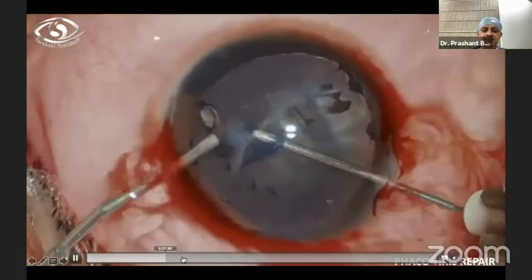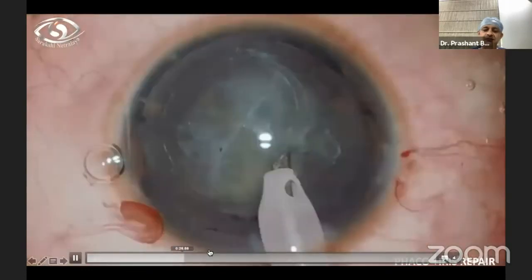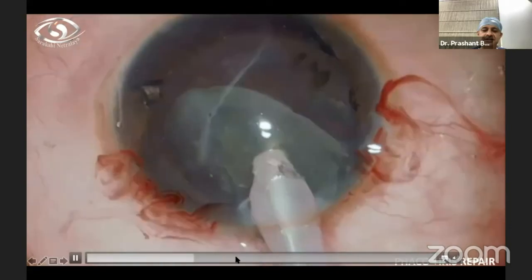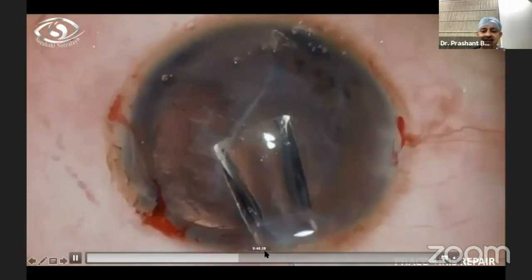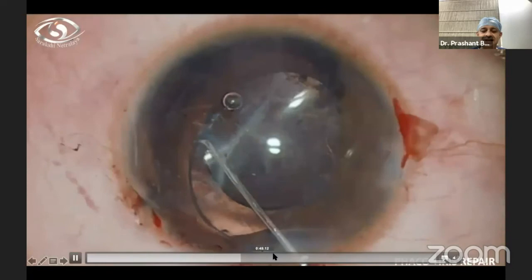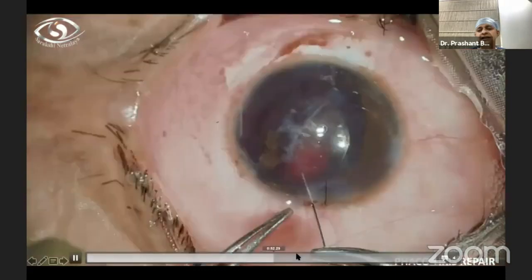Well, we are doing a capsulorhexis through that anterior capsular fibrotic tissue. We managed it. We removed the nucleus. Yes, it was relatively easy because it was just grade 1. Putting the lens in the sulcus, and then more importantly, doing an iris repair. For iris repair, you need a bigger field of view, and also a bigger magnification.